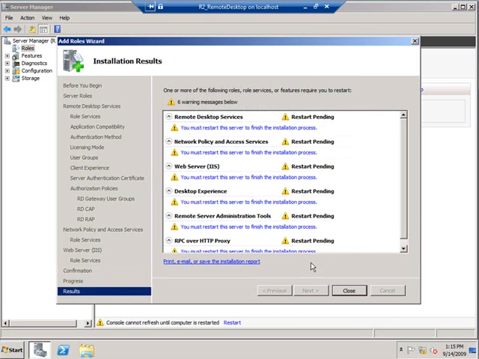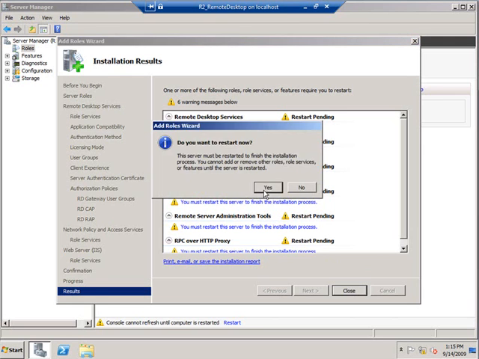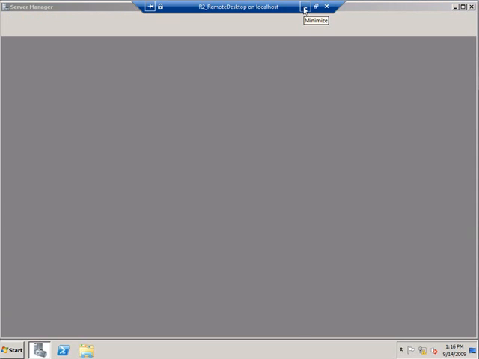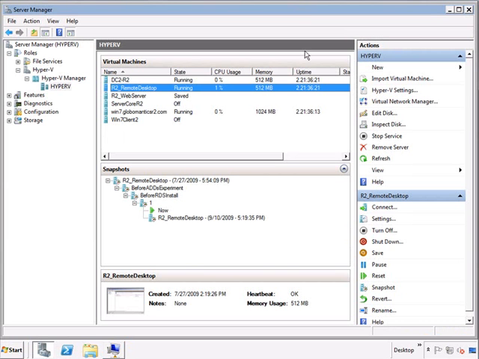Alright, so you see that it's installed, but looks like I do need to restart the server, so I'm going to go ahead and close that guy. And we're going to go ahead and restart. And while we're restarting, I think what we'll do to maximize our time is we're going to go over here